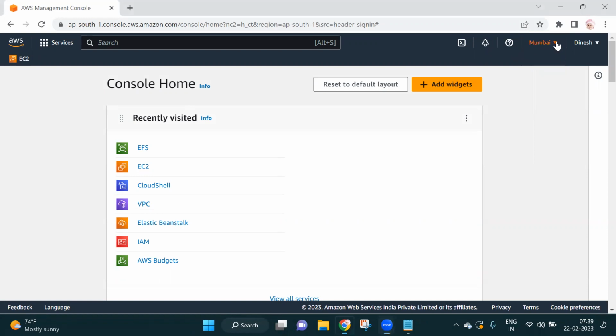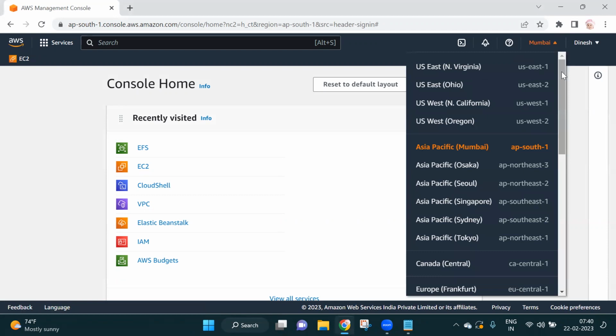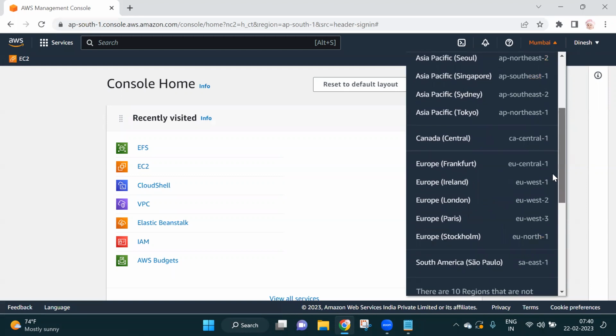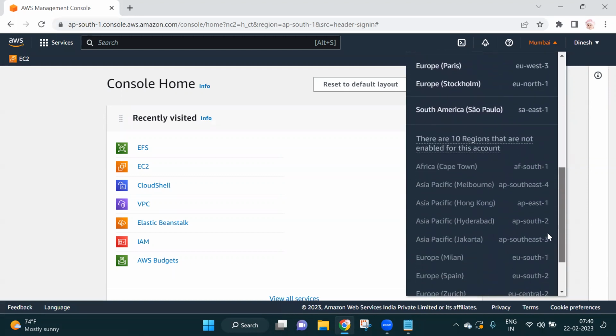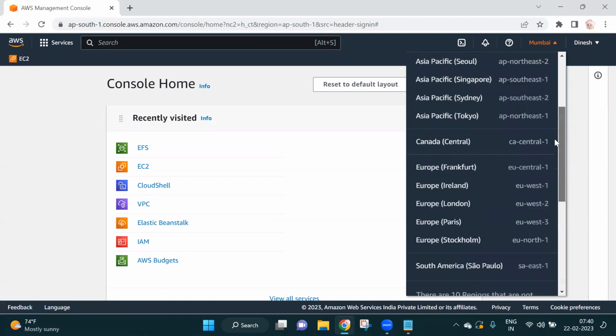When you click on this, you can see many regions: US East North Virginia, US East Ohio, North California, Oregon, Osaka, Singapore in Asia Pacific. In Canada, we have Central. In Europe and South America also, we have many regions.